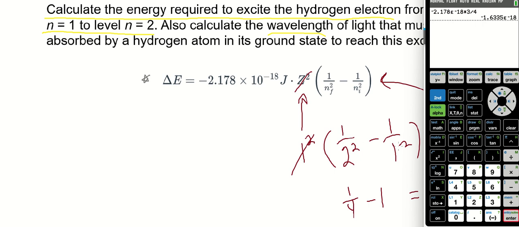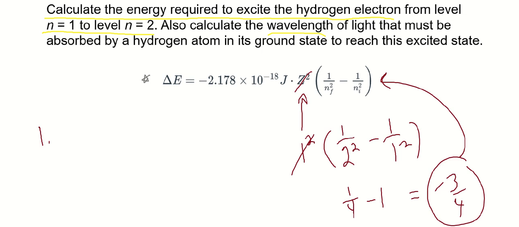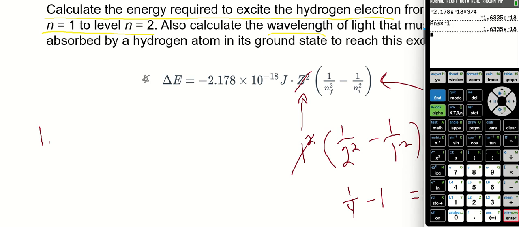Oh, negative. Sorry, so times negative 3 divided by 4. So I'm just going to multiply this by a negative 1. So there it is. Energy required is, with 4 sig figs, so that's just what's in our equation,